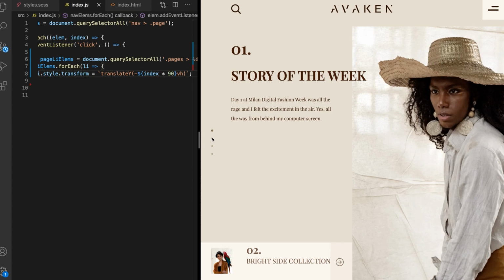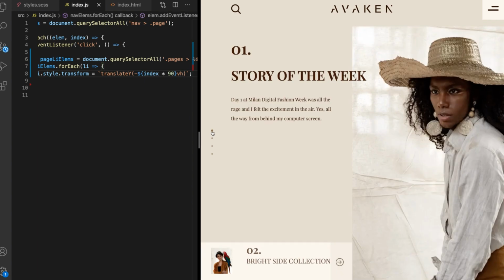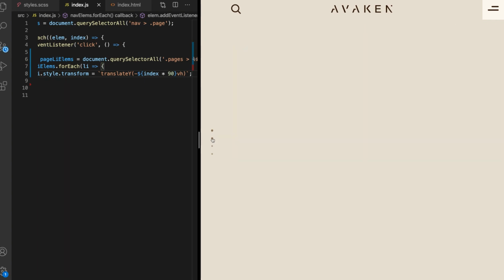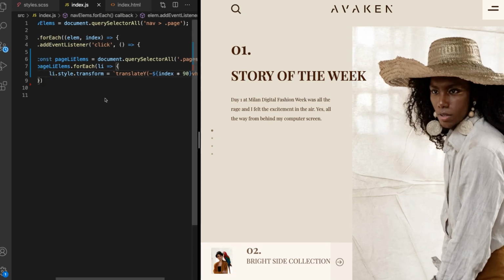So if now I click on one of these buttons on the actual navigation, you can see the existing content disappears, but if I go back to the original one, the content reappears, because clicking on one of the other items means that the existing list item that we've got has been moved off the screen, and because the overflow is hidden, we don't see it. And if we go back to the original one, it reappears. So we're going to make that slide in and out in just a second, but before we leave our JavaScript,